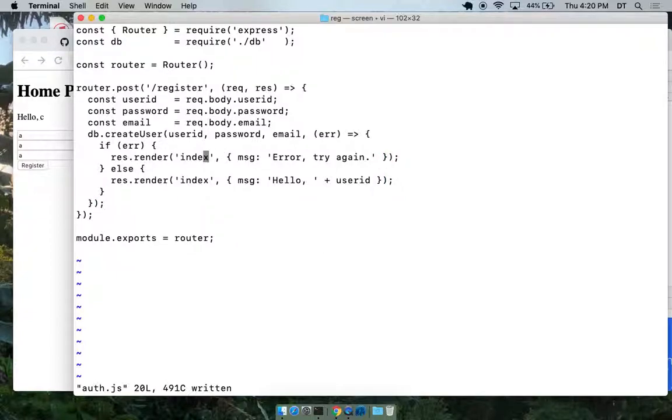Now, the error message is not that good because, you know, we want to say whether the username is bad or something else. So I think what we'll do, let me see, what's the best way to do that? We could pass a second piece of information. We could do it like this.